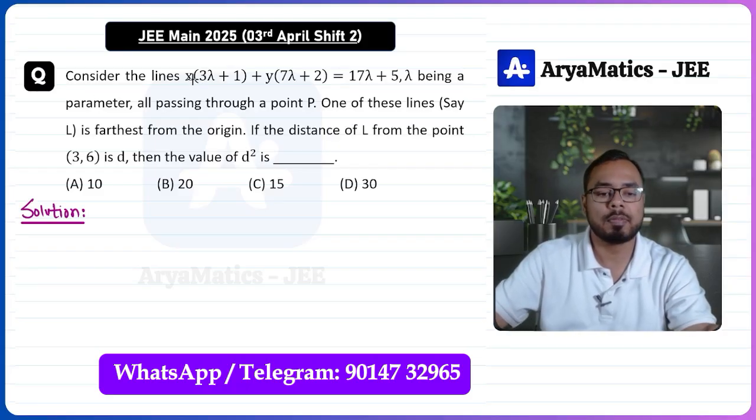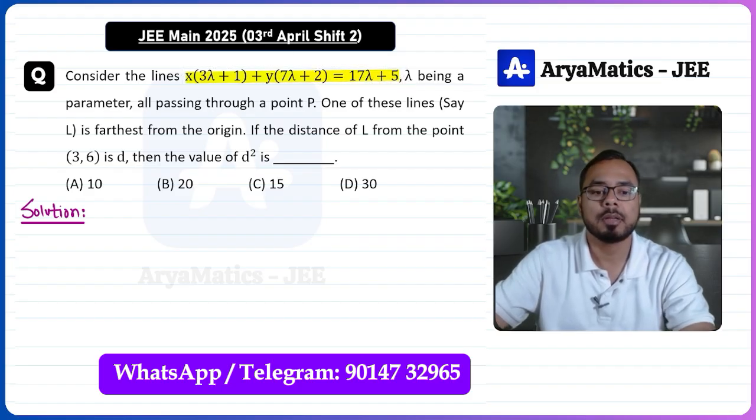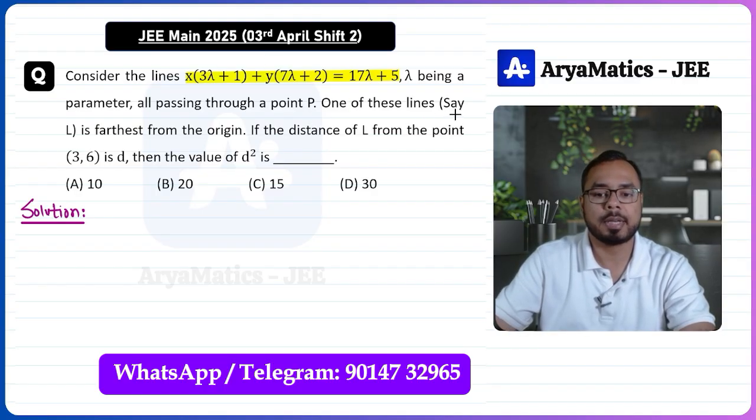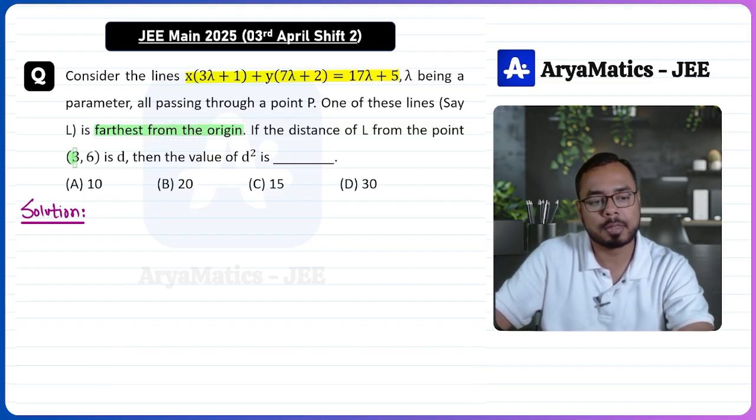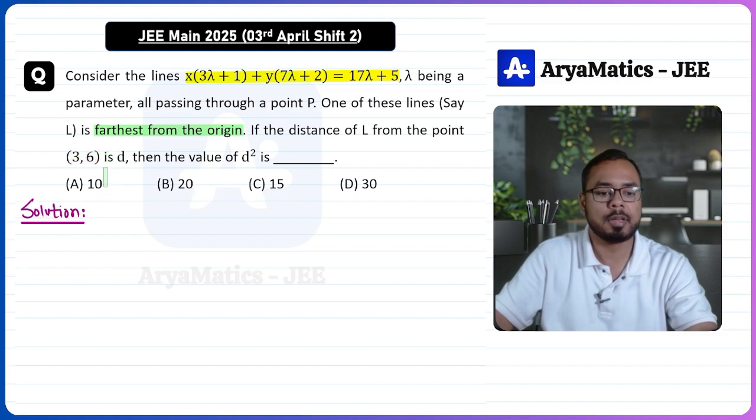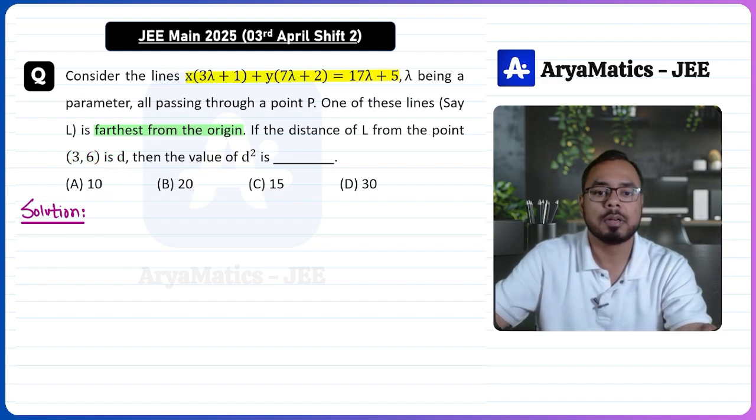Consider this family of lines given by this equation, where lambda is a parameter, and all of these lines pass through a fixed point P. Out of these lines, there is one line, let us say L, which is at maximum distance from the origin. If the distance of line L from point (3, 6) is d, then we need to find the value of d